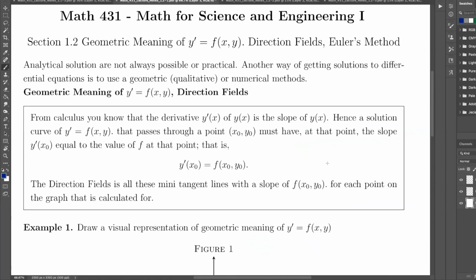All right, so we can talk about the geometric meaning of all this, and then we're going to do solutions pertaining to it. All right, so